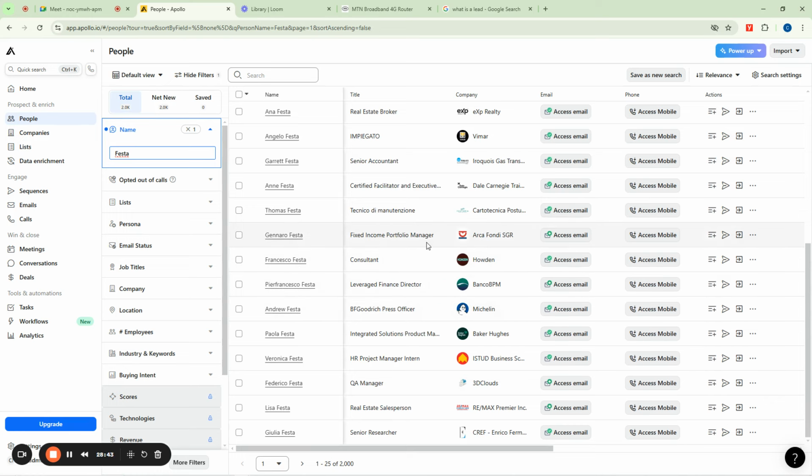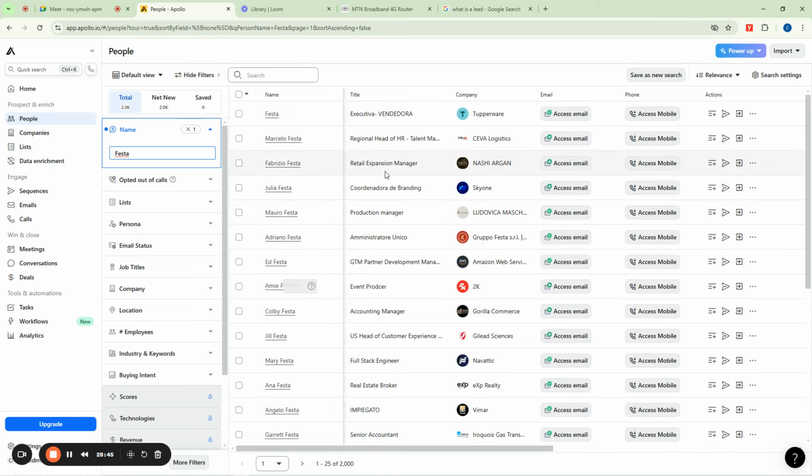We have Andrew Festa. And the sweet thing about this Apollo is that you can find people's details like their title and where they are working. Like, okay, this one is Marcelo Festa, and he is the regional head of HR. We have Mauro Festa, a production manager. We have Adriano Festa, and he's an administrative